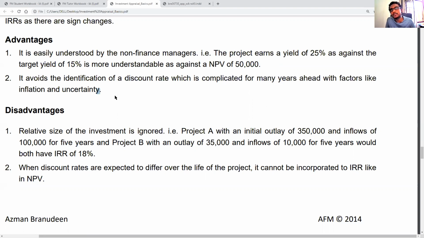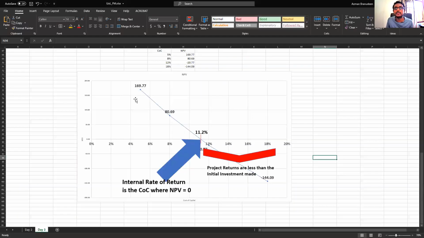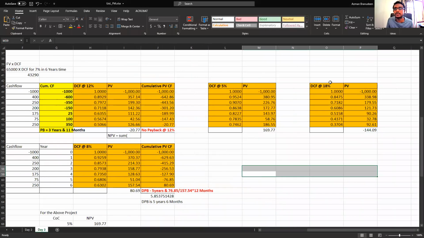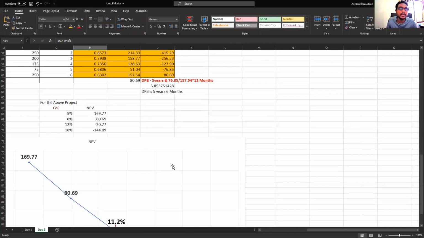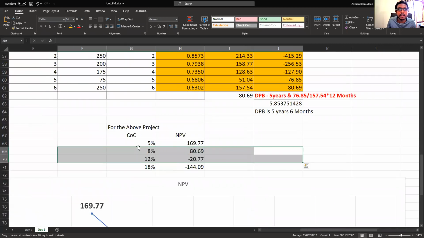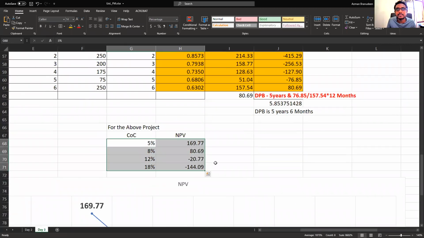uncertainty. Now, one of the biggest problems with, now I asked you to calculate the NPV for different rates, right? 5%, 12%, 18%, 8%. And what guarantee can you give me that whatever you finalize, finally here, right? Is it 8%? Is it going to stay 8% for the entire